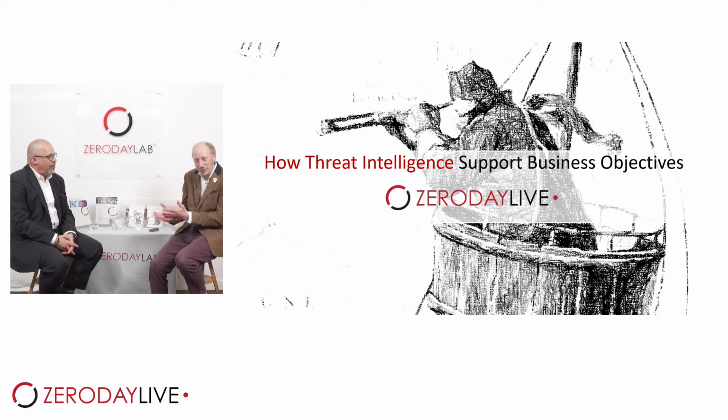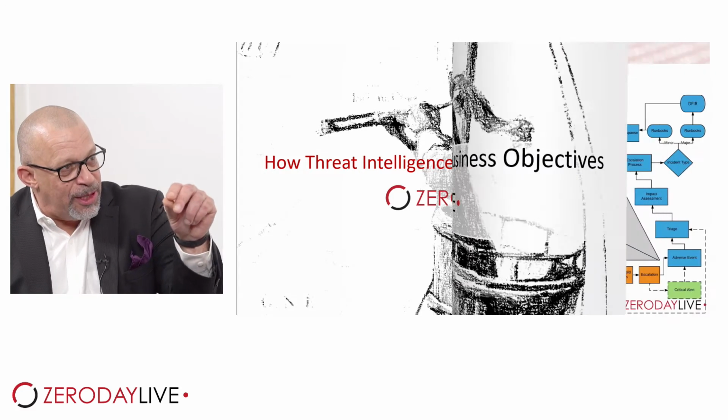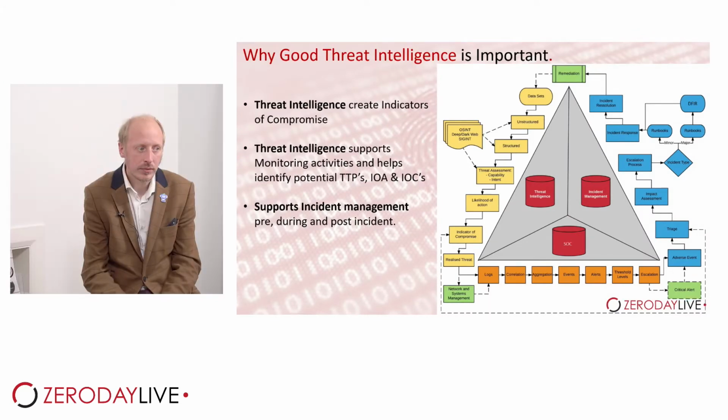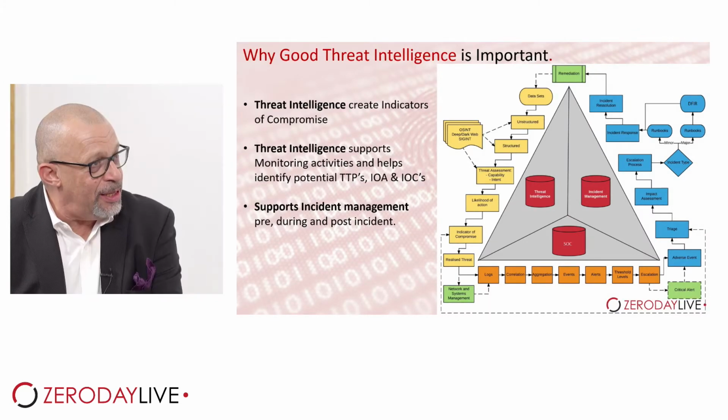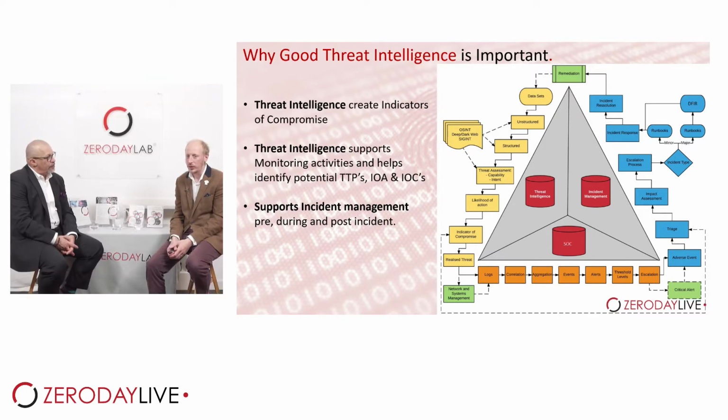What are our objectives, right? And it's really important. What are we looking to get? This takes us right back to the beginning of the life cycle, because we're now talking about planning and objectives. Absolutely, and there are areas where I think good intelligence is important and what it does for the organisation.